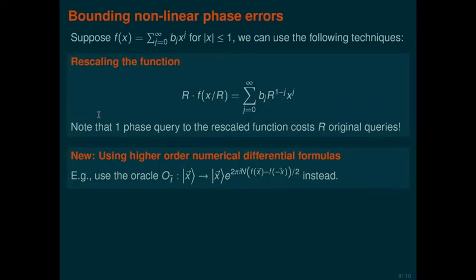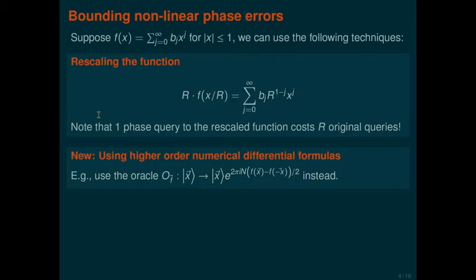So this is where we applied some tricks from numerical analysis, and the basic idea was to use higher degree or higher order numerical differential formulas, which are basically based on an interpolation polynomial. I can do higher and higher order approximations to my function by evaluating it at a few more points. So this is, for example, a very nice approximation. It's easy to see that the second order term is cancelled from the Taylor series if I use this formula, and the gradient is preserved.